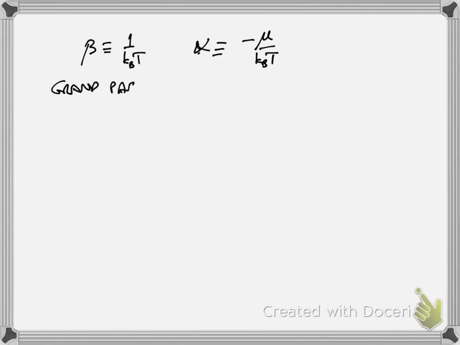Now, what we had before is that beta is defined as 1 over k Boltzmann T, right? So what's alpha? It turns out that alpha is defined as minus the chemical potential over k Boltzmann T. Okay, so this is one way we define chemical potential. This is the way we define chemical potential. So now we have the grand partition function appearing,